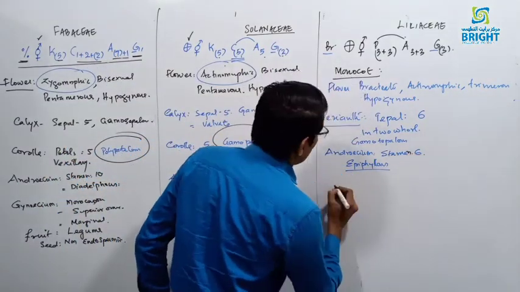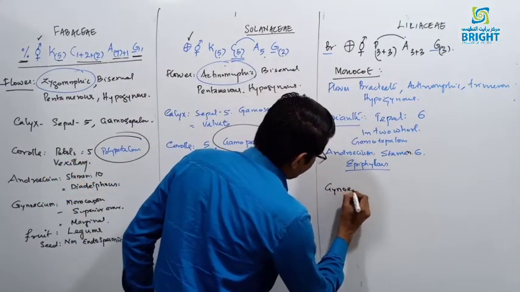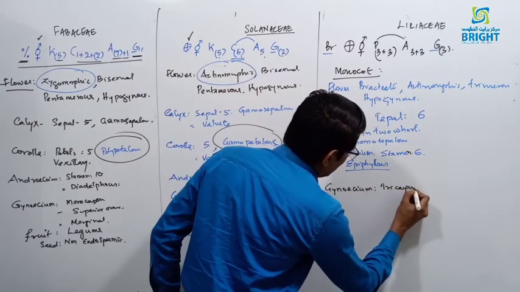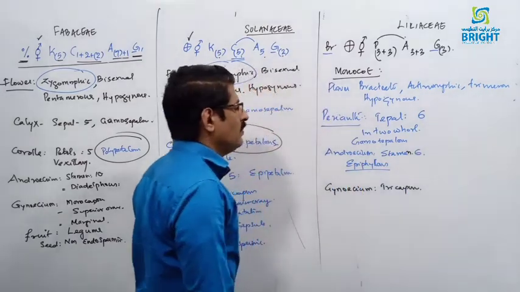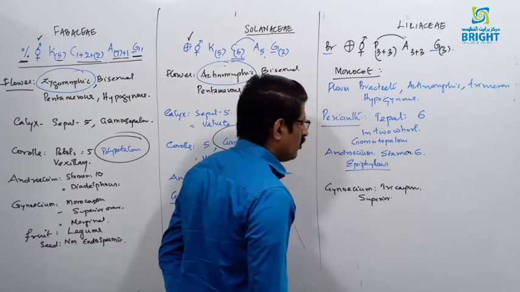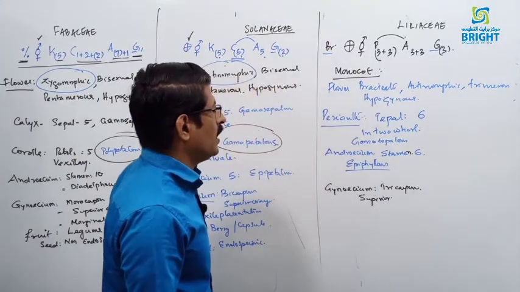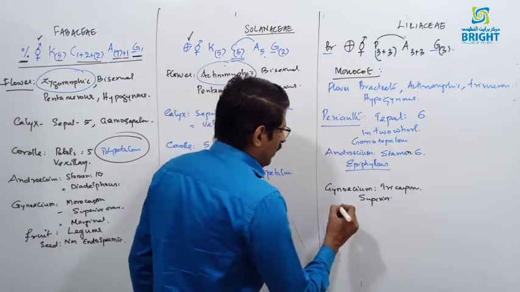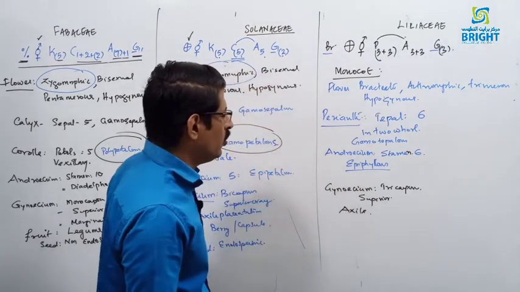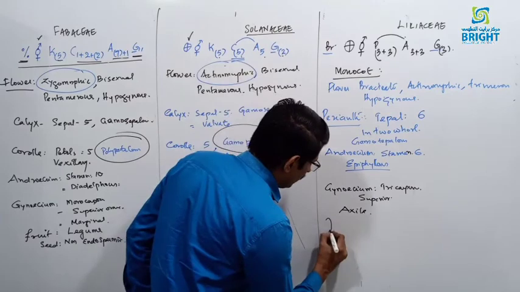And gynoecium, tricarpellary with a 3 carpel condition, and a superior ovary. That's why it is underlined. And axial placentation with many ovules, and the fruits are